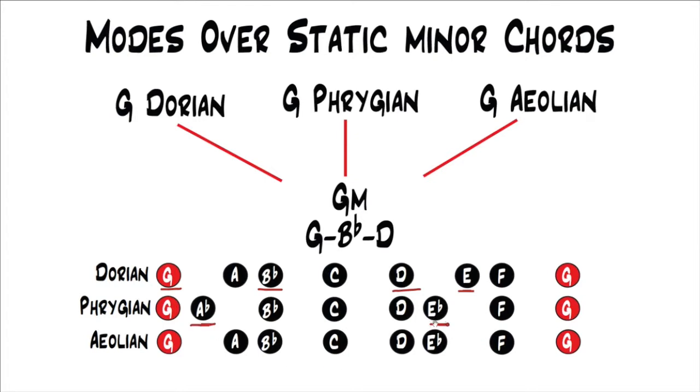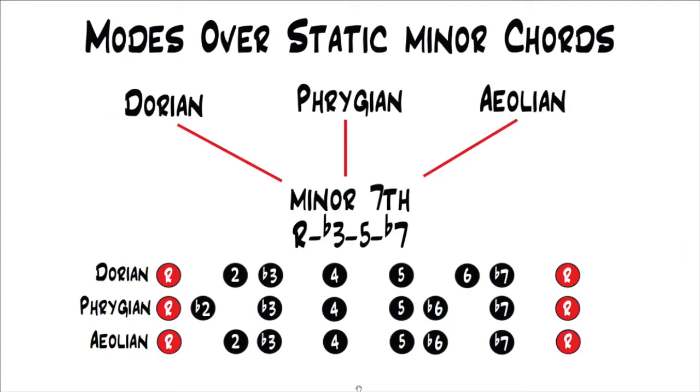And the flat 6 help with that sound. And Aeolian, it's the natural 2 along with the flat 6. Then if you were to solo over a static minor 7th chord, again, you can use any of the modes. You could use Dorian, Phrygian, Aeolian, because building chords off the first note of each of the modes, you get